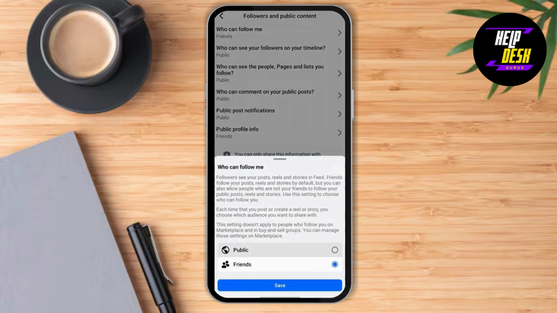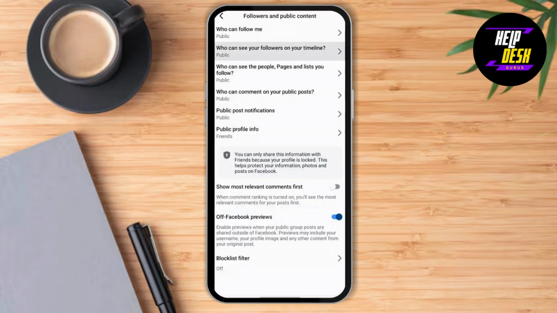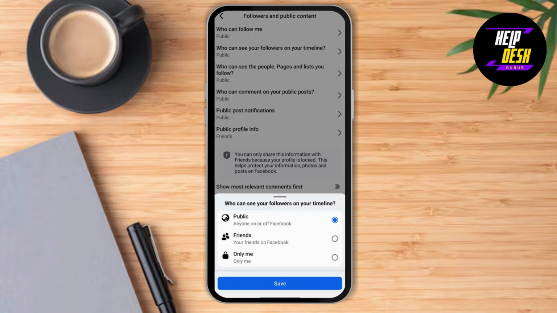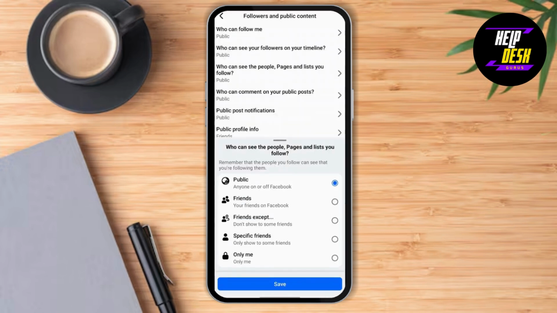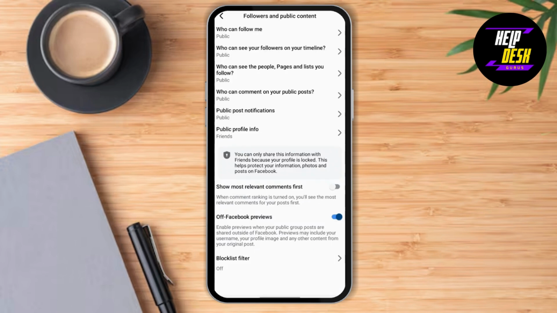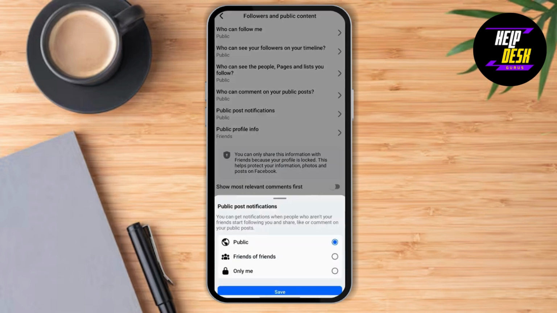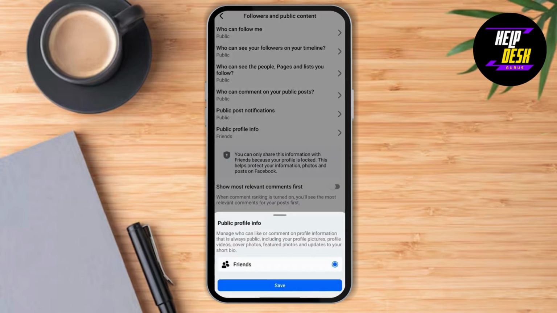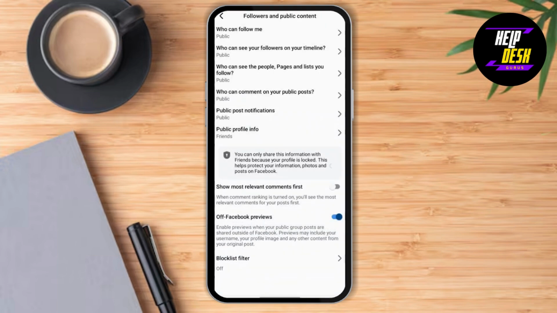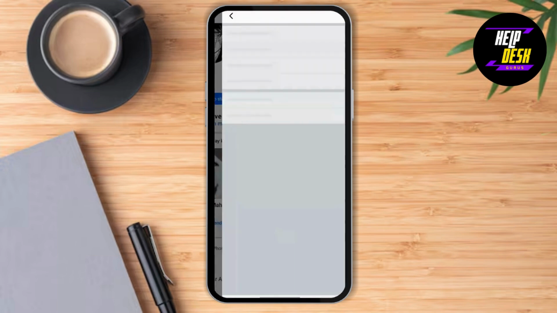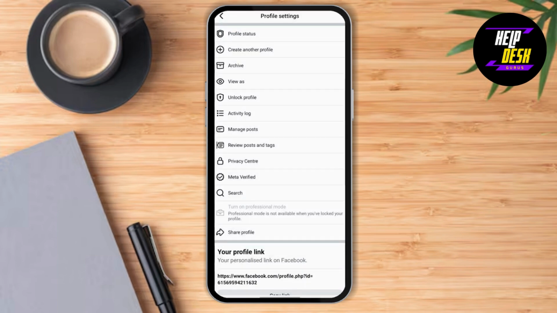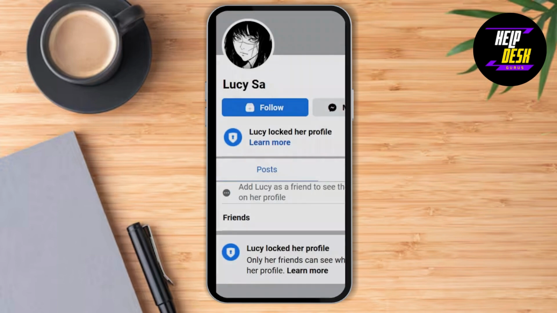here. Who can follow me? Public, save. Who can see your followers? Public, save. Who can see the people pages list you follow? Who can comment on your public post notifications? Public profile info. And now go back to your profile, and now you can click on view as to view